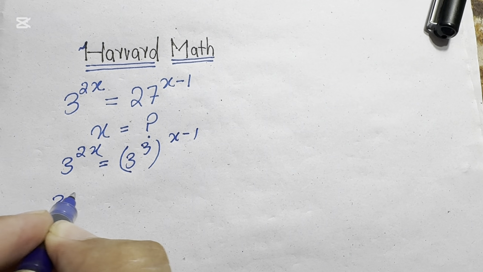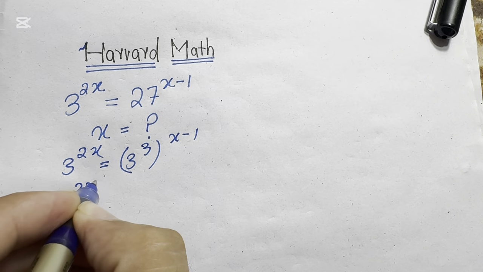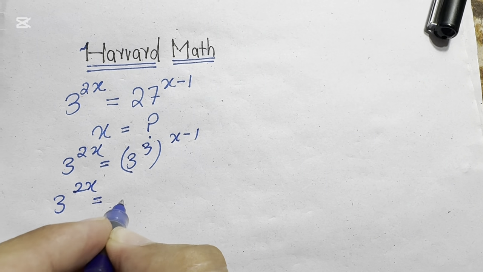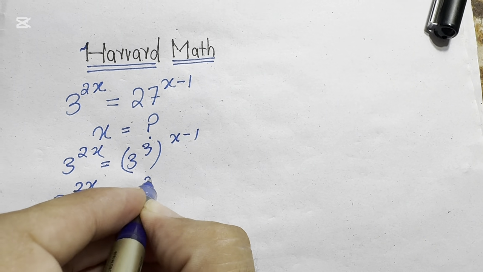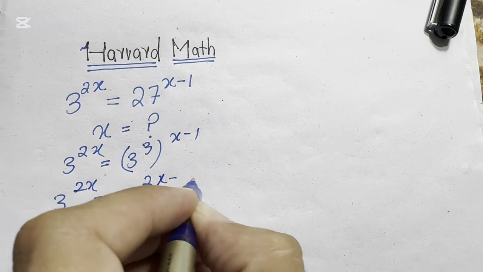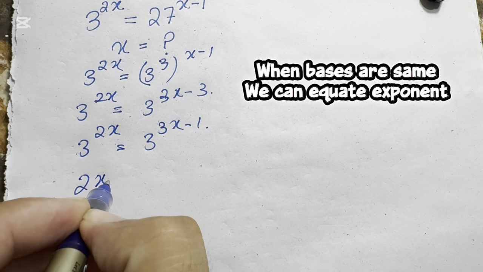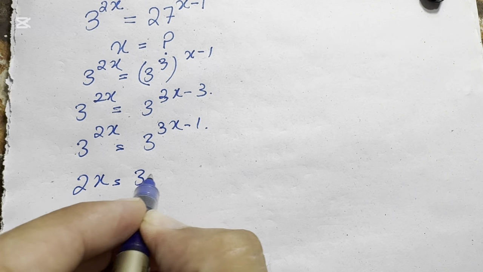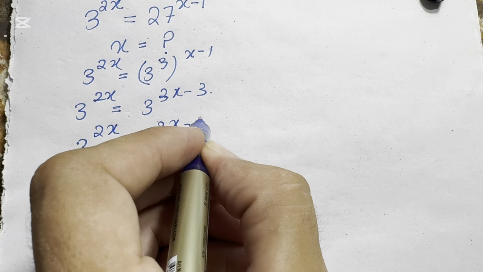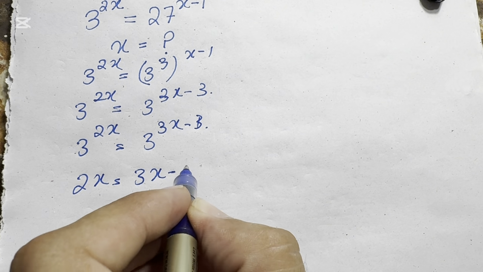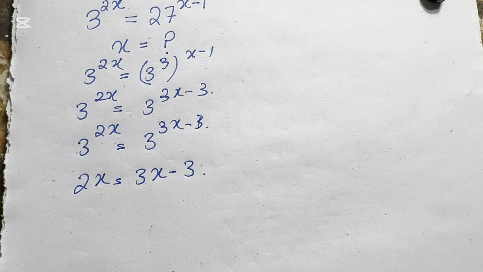3 power 2x equal to 3 power 3x minus 3. Okay, 2x equal to 3x minus, it is 3, sorry, this is 3, so